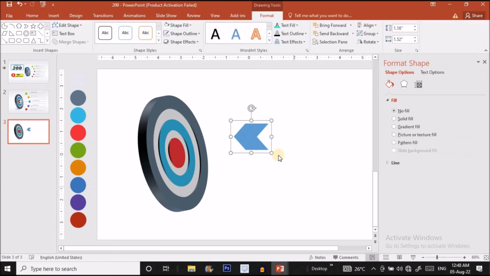Make a group of this shape and place it over here. Just make it a little bit smaller, like drag it inward after pressing the Ctrl and Shift keys on the keyboard, like this. Okay,